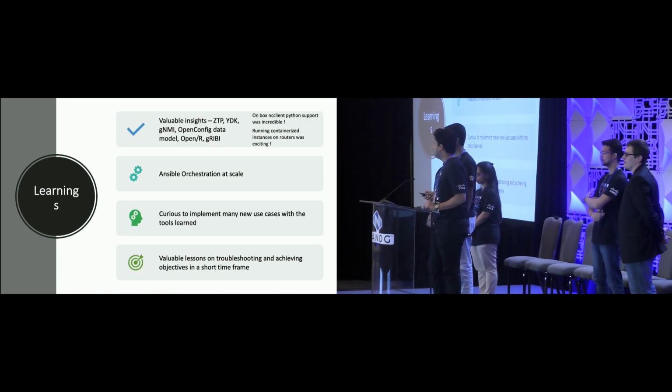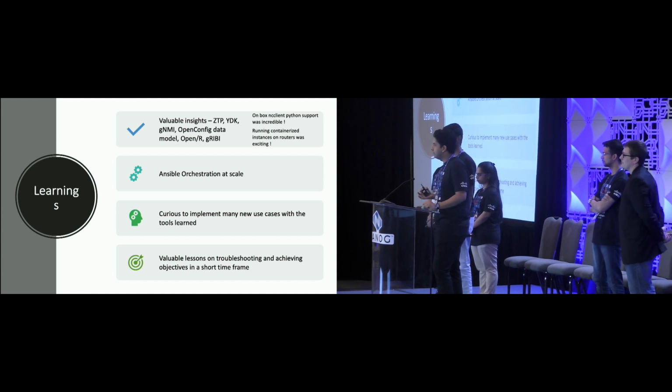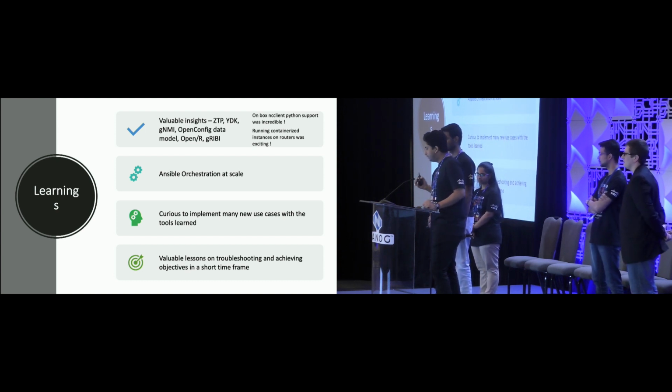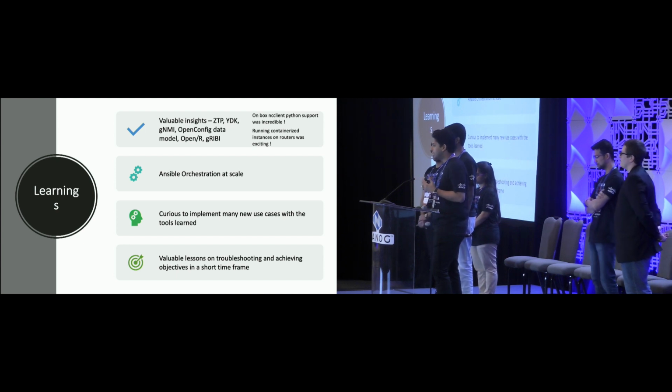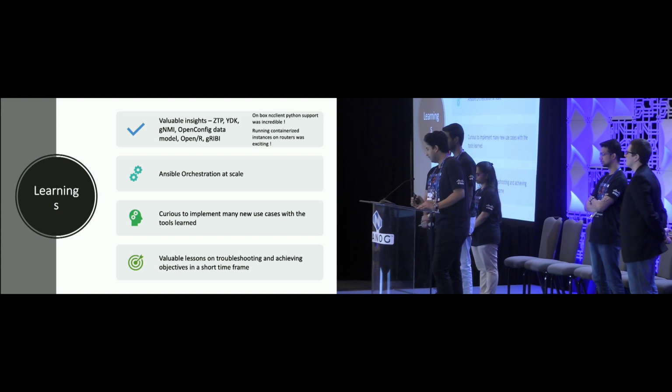So going on to the learnings, all of the tools that were made available to us were new. We had an idea about how automation works, but tools like gNMI, gRIBI, and deploying OpenR, and that too on a Cisco platform, was very cool to see. We hadn't used all these tools before, and we had to integrate all of them in a master Ansible playbook to get this working. We're very curious to see what doors and new ideas and use cases it opens up for the networking world. Also, we did all this in a short frame of time, so that was really nice to see.